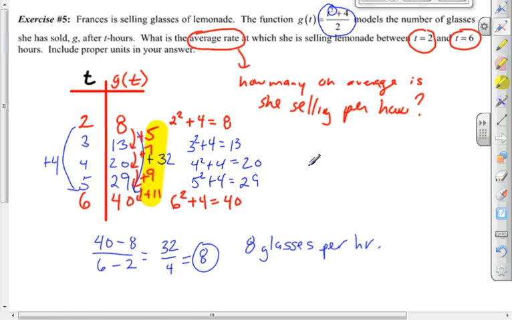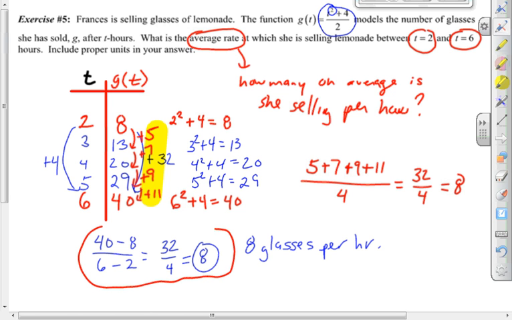So if we take those 4 increases, 5, 7, 9, and 11, we would find that their sum is equal to 32. And if we wanted to find the average of them, since there are 4 values, we divide by 4. And we get 8. And that was our calculation over here. So average rate of change